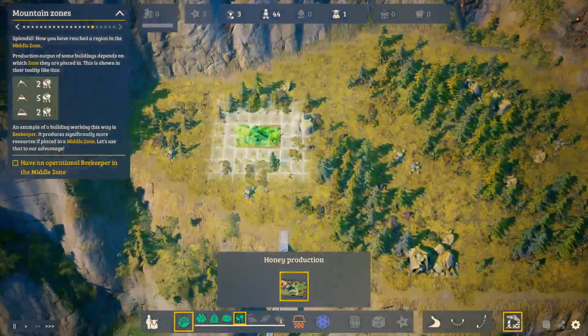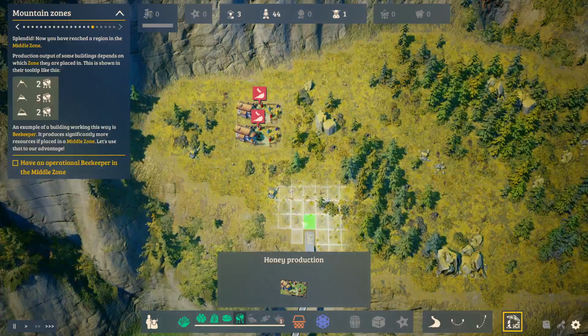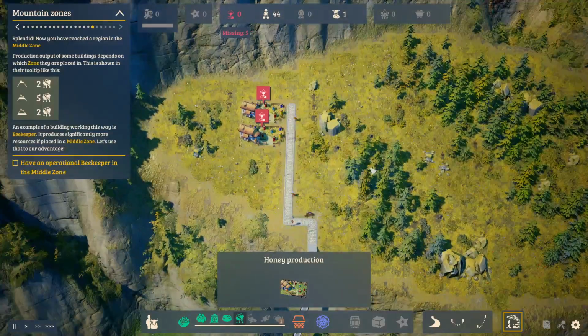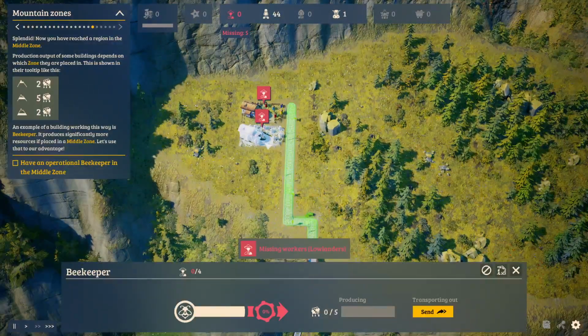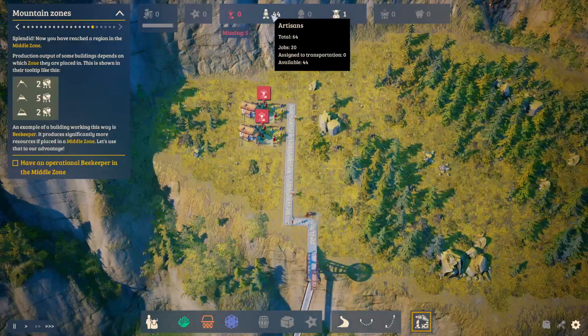So what we'll do is let's just place a couple beehives. You still have to place, the road system is the same. There we go. But we need what? We need lowlander workers, and we have how many workers? We have a lot of workers, but the problem is